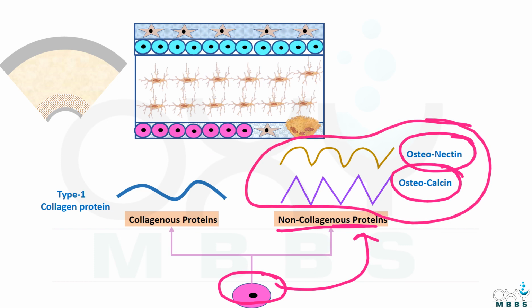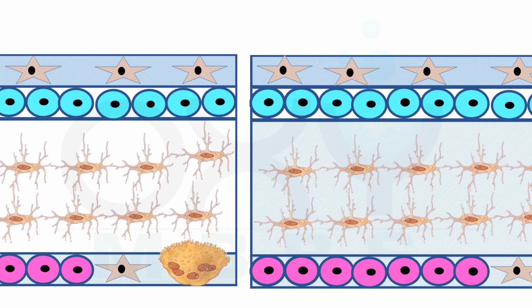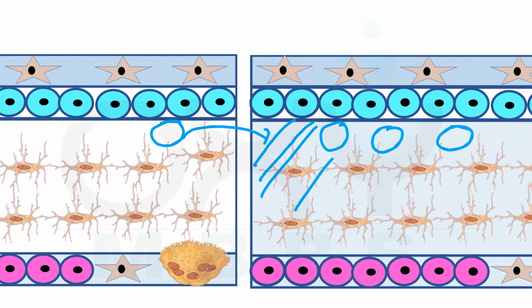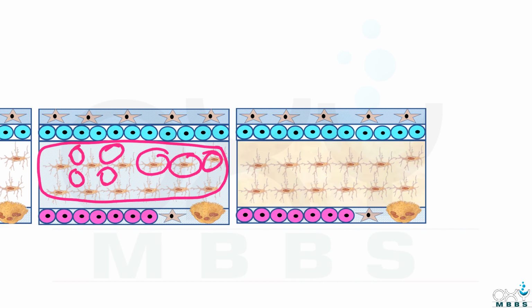So now our osteoblast cells have secreted collagen proteins. As you can see here, collagen proteins are synthesized in the bone. Earlier there was no collagen, and these are type 1 collagen proteins and they are arranged tangentially. Okay friends, so this is the framework of the bone produced by these collagen proteins which are synthesized by osteoblast cells. And within this framework, hydroxyapatite is deposited.